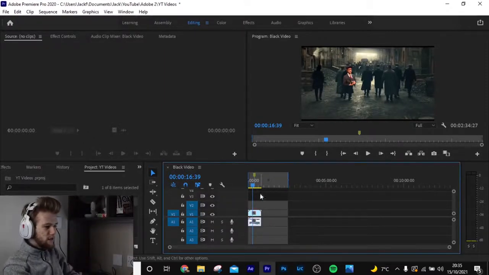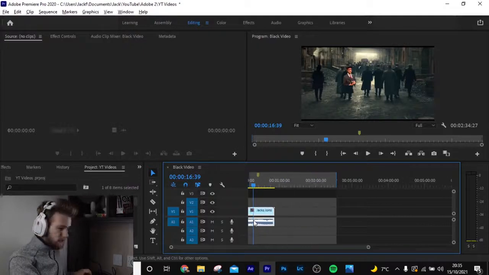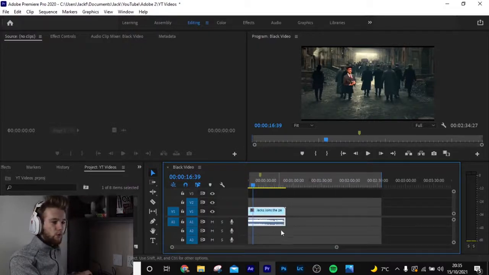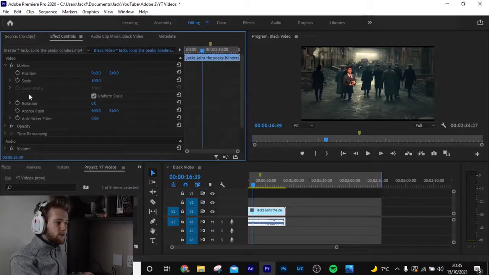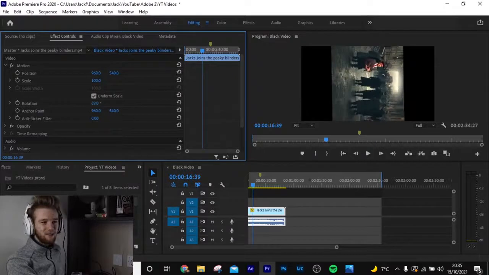Now all you do is drag your video onto the timeline, select it, and you know you selected it because it's got a little white border around it. Come up to Effect Controls, and then as we see here we've got rotation. If you drag this to the right or left, you can rotate it. It's simple as simple does. So if you wanted to produce like a